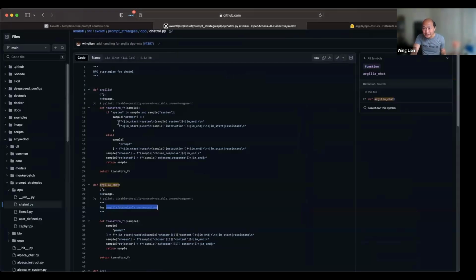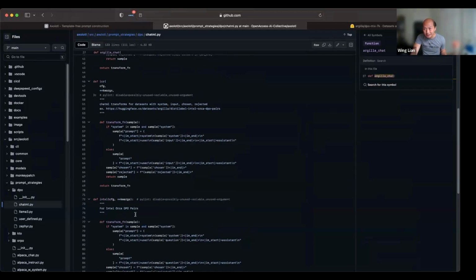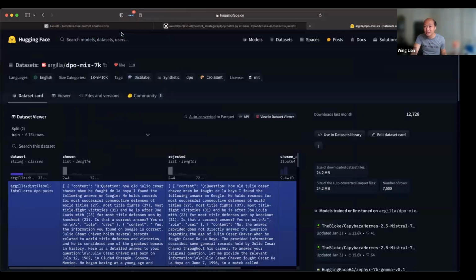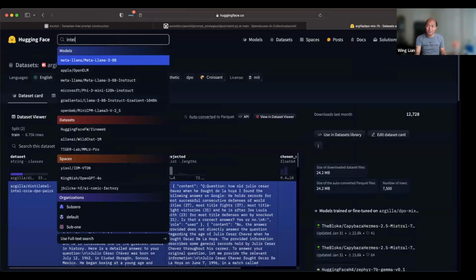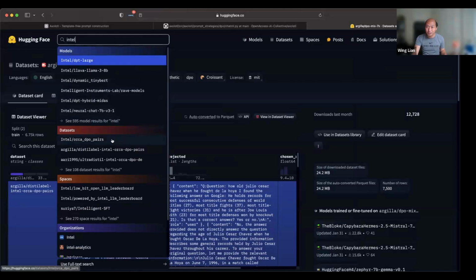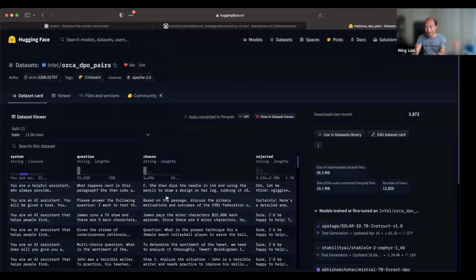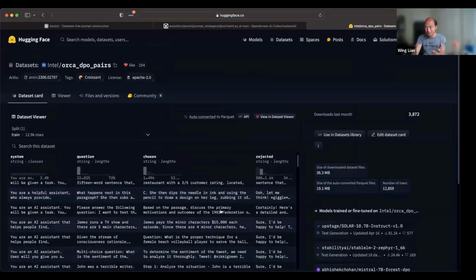If we go back and look at the Intel Orca DPO pairs, you can see here they have the question, the chosen and rejected. These are much simpler to understand, right? Here's the prompt in this column, here's the chosen response, and here's the rejected response.